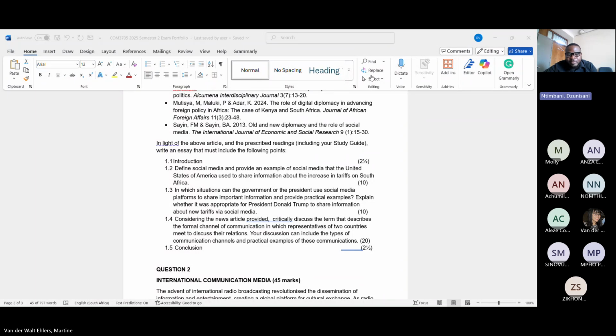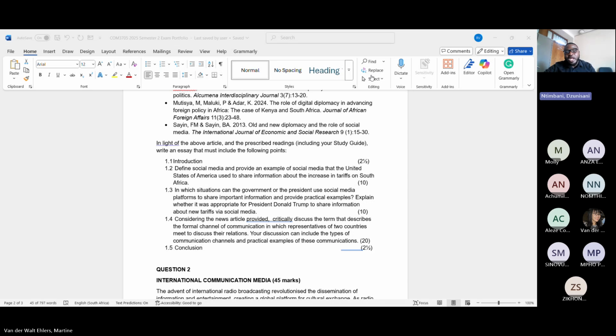So if you check, 1.4 actually continues from 1.3. If you have read the article, there is somewhere where President Ramaphosa says, we are happy now, the discussion is no longer on social media, but proper negotiations are happening.